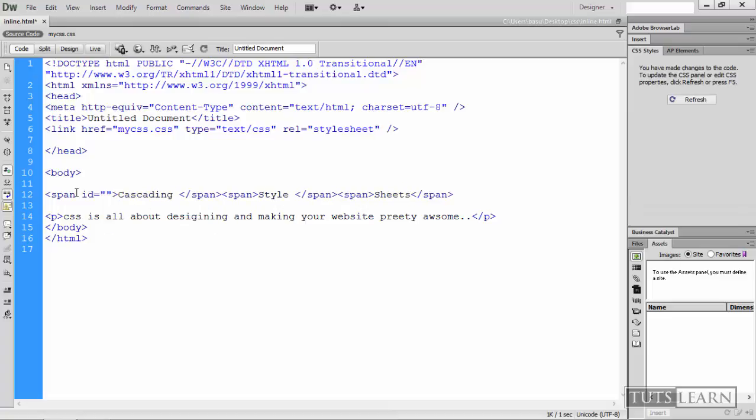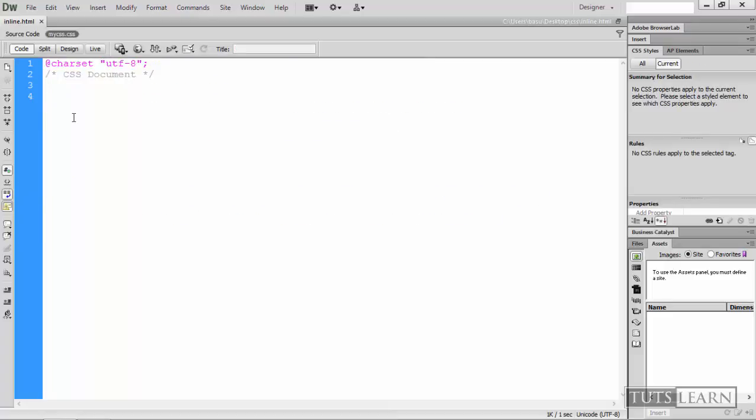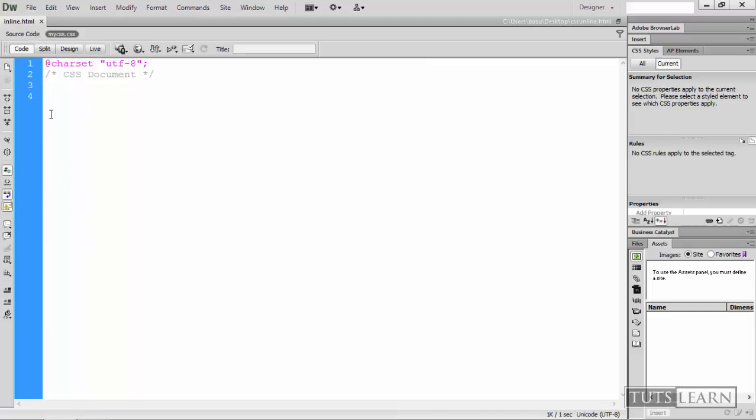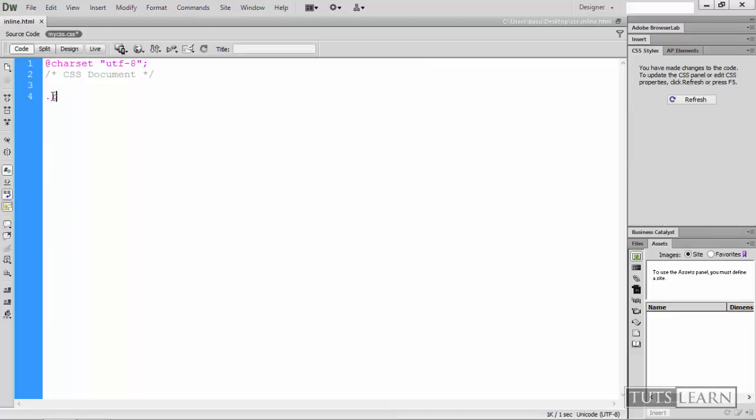So give it an ID of R, give it an ID of G, and give this an ID of B. This means that we have given three IDs to it. If you remember, we used the same names RGB for the classes, but for the classes we used dot R, dot G, dot B. In the case of IDs, we use a hash before the symbol. So hash R